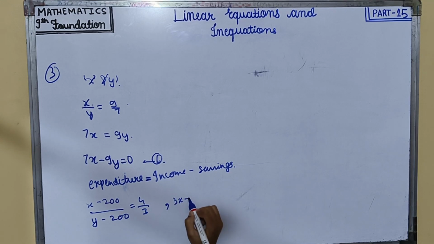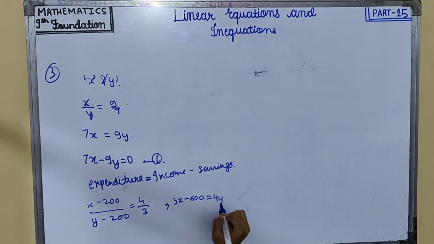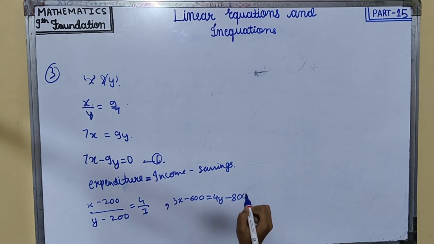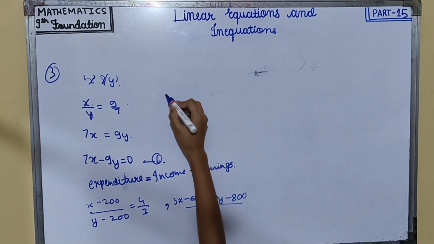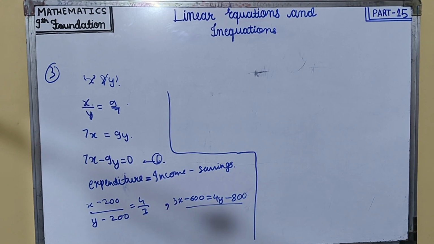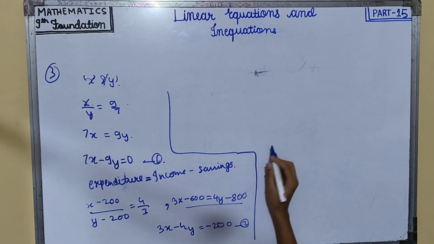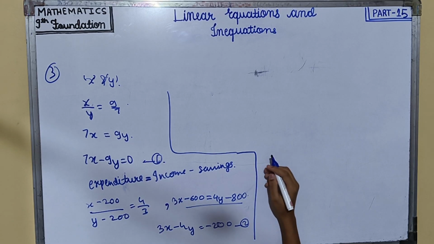From here, 3x minus 600 would be equal to 4y minus 800. By cross multiplying we found this. Now the next step is that we'll take the second equation from here, that would be 3x minus 4y is equal to minus 200. Second equation. Now multiplying the equation 1 by 4 and equation 2 by 9, we will get